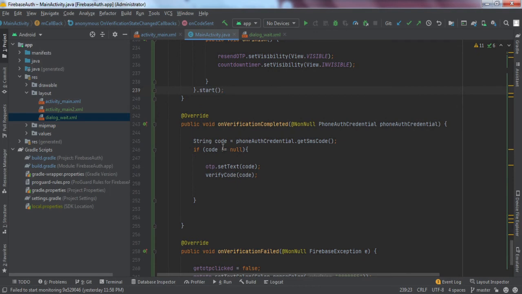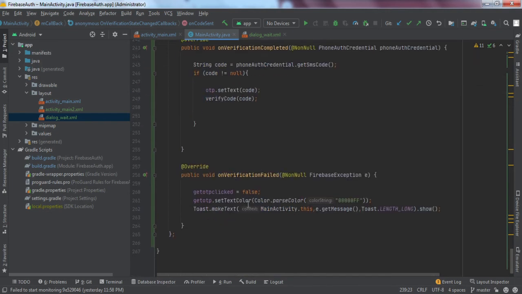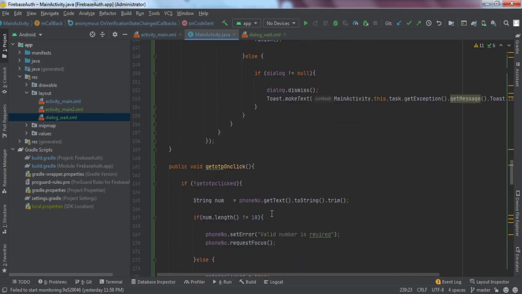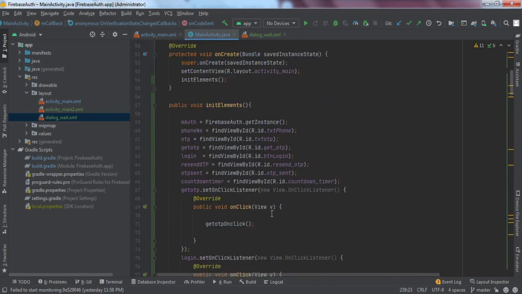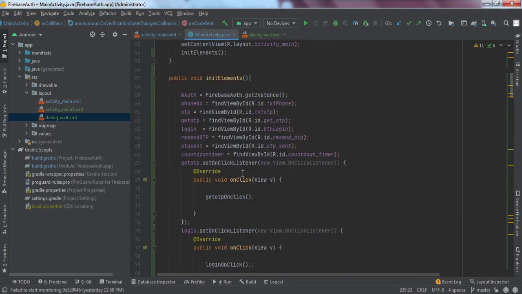this method is called once we get the text on the cell phone. As you have seen in many apps, the OTP is automatically detected by the app and entered into the required field. So we have done the same thing. We have set the OTP code here and we have called the verify code method, right? On verification failed, we have raised an error toast, which we have done earlier as well. So I guess we are done with the Java code here. This is all the backend code, right?